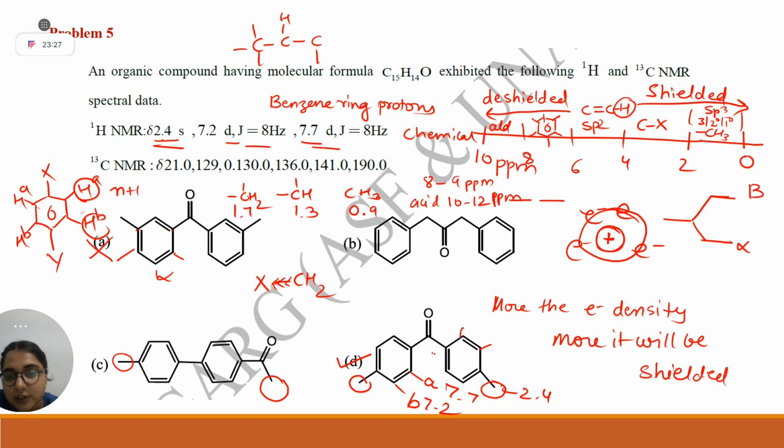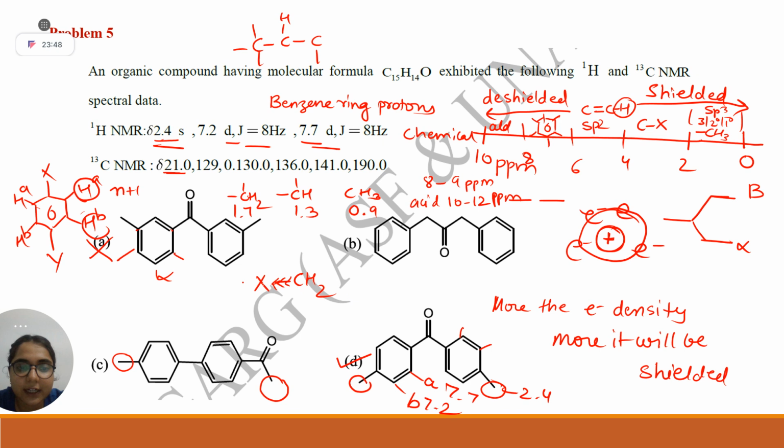This question can be solved on the proton scale also. Let's say you don't know anything about 13C NMR, but based on proton NMR also you can solve this question. Okay. Now you can match. Now one by one you all are going to answer. This 21 peak is of which carbon?